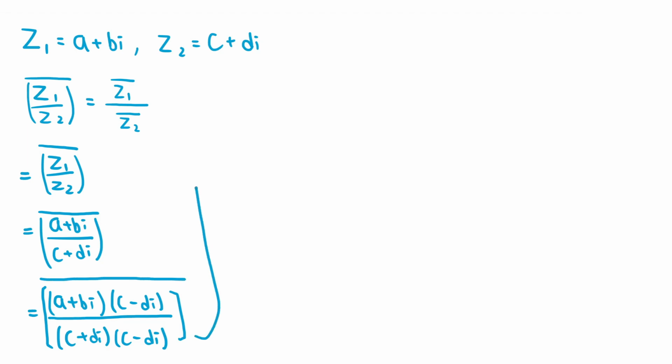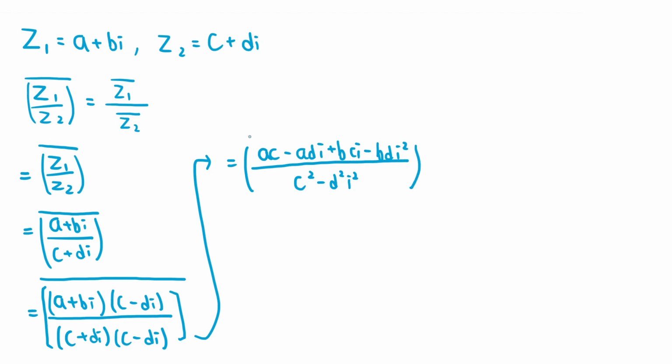If we expand this expression, this becomes ac minus adi plus bci minus bdi squared, and the denominator becomes c squared minus d squared i squared if we apply the difference of squares formula, and all of this is under the complex conjugate. i squared equals -1, so we can rewrite the expression as ac minus adi plus bci plus